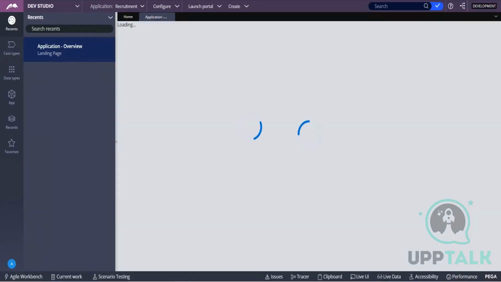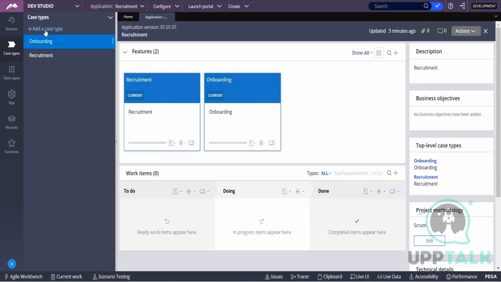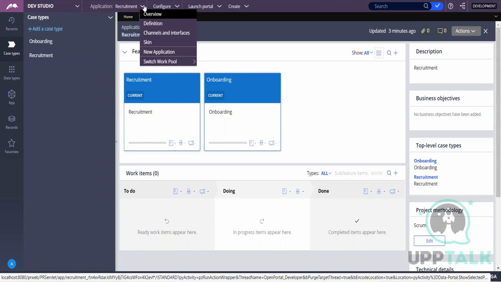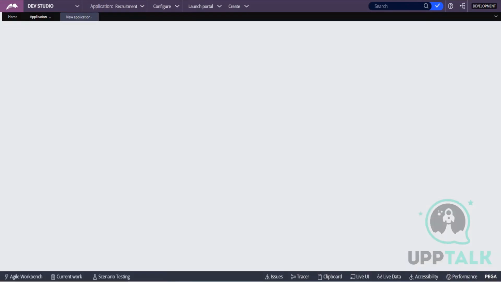Let me go to the application menu. Whatever case types we created in the App Studio will be available in Dev Studio as well, because they're part of the same application. Just the view is different, but the features remain the same. Both users will be able to see that. So now this author, if he's trying to create an application,